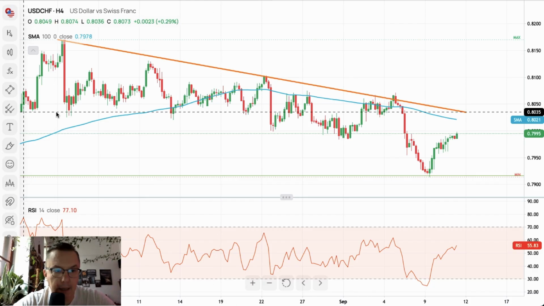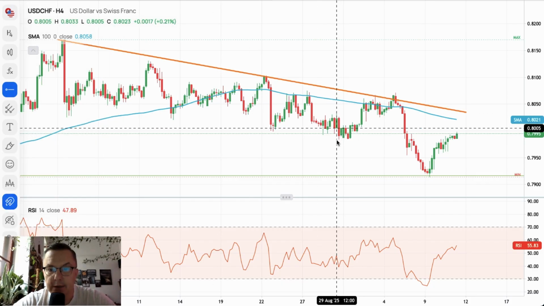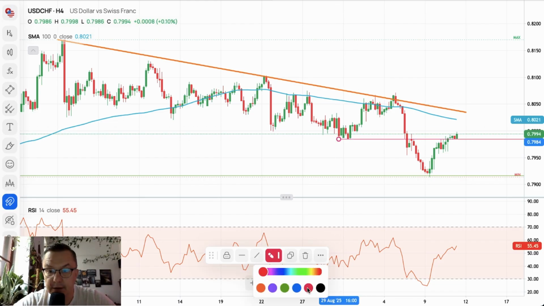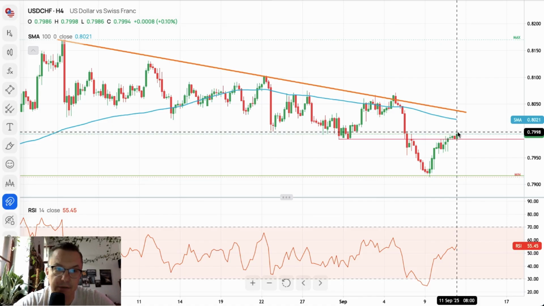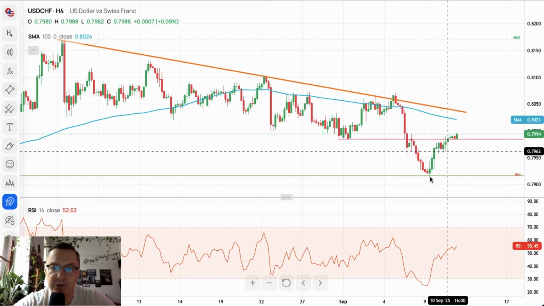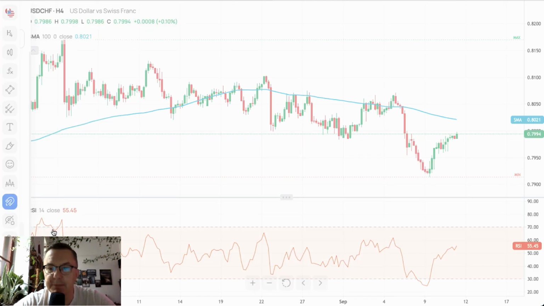Obviously, please notice I didn't mention it yet. We broke above the technical resistance. We broke above this level. It used to be technical resistance. We are testing the 50% Fibonacci retracement, to be or not to be for the bounce from the lows of 7,914 right now. So pretty interesting situation to keep an eye on.